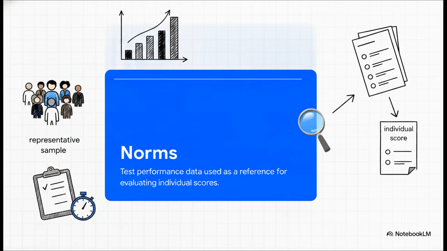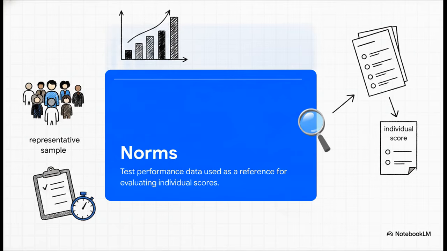But listen, you can't just test a few random people and call it a day. You have to go through a rigorous standardization process. This means giving the test to a truly representative sample under strictly uniform conditions. We're talking the same instructions, the exact same time limits, the same setting. Any differences in the final scores need to reflect actual differences between the people taking the test, not just variations because one room was noisy or the instructions were confusing.